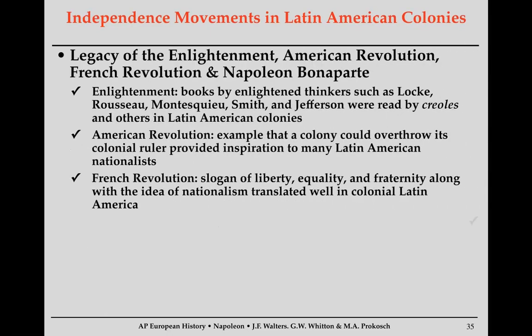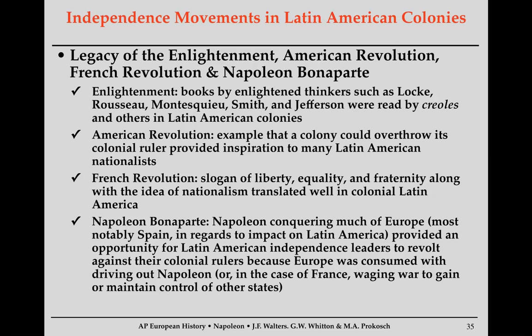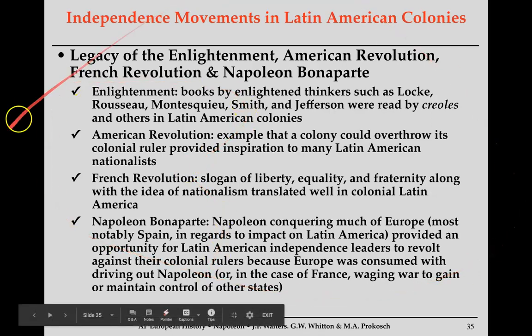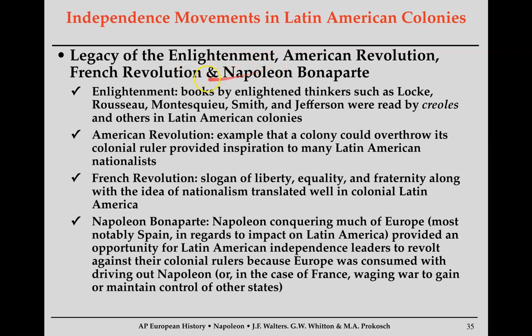All right, next. So a key idea to know is, why do Latin American nations revolt against their Spanish colonizers, the Portuguese colonizers, the French colonizers? And it's going to be multifaceted, but one of the underlying common denominators are these legacies: the Enlightenment, the American Revolution, the French Revolution, Napoleon. So think about the Enlightenment. Very similar reasons to its connection to the French Revolution. You have people like John Locke who say you have inalienable rights, life, liberty, property. So ideas of John Locke, Rousseau, Montesquieu, they are going to be read by the revolutionaries in Latin America.